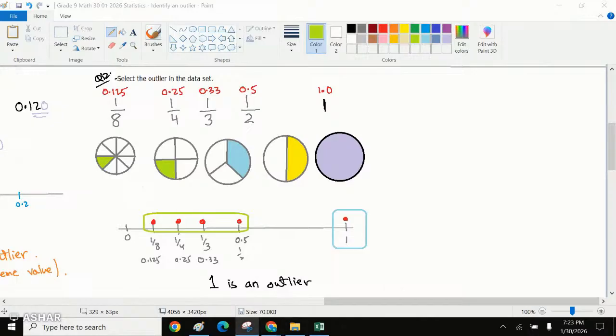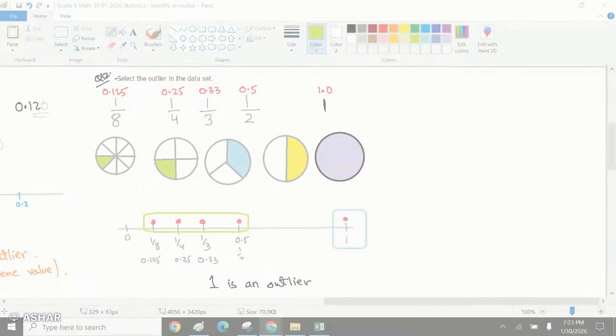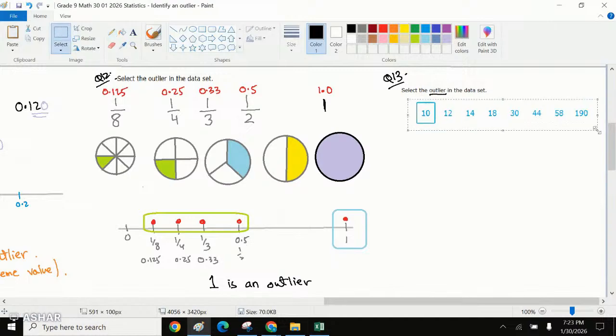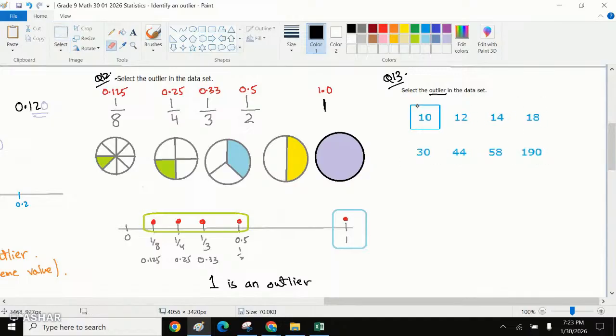Let's try an example with the whole numbers. They're telling us to find an outlier in the given data set. For question number 13, an information is given to us. These numerical values are given, and we need to see which of these values is an outlier. Let me just copy this. Okay. So if we have these numbers over here, the numbers were 10, 12, 14, 18, 30, 48, 44, 58,